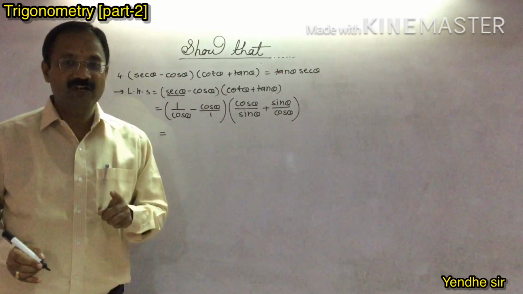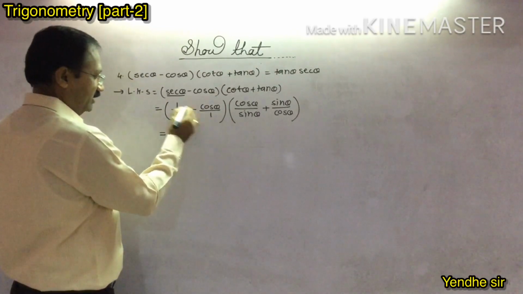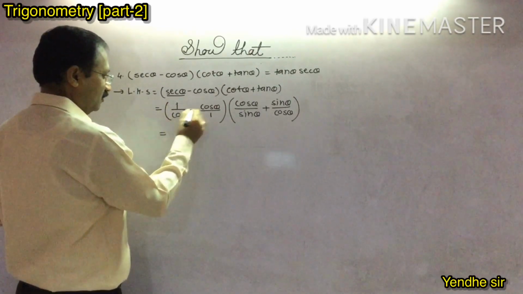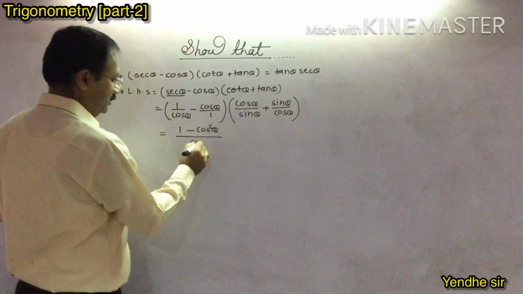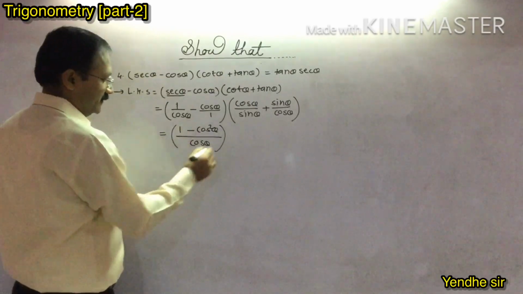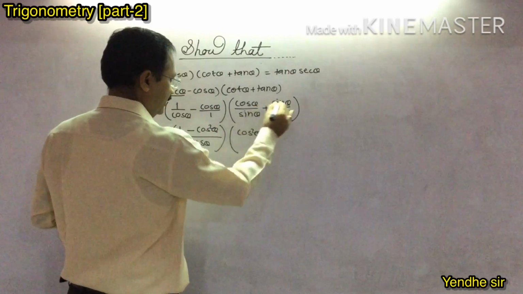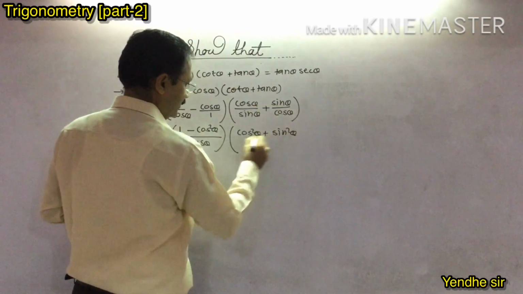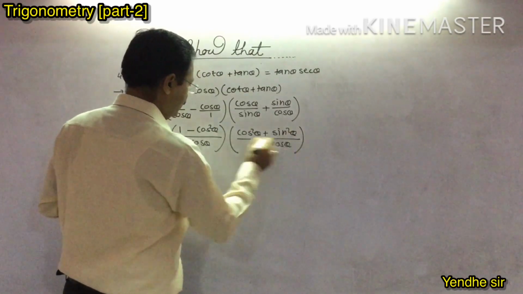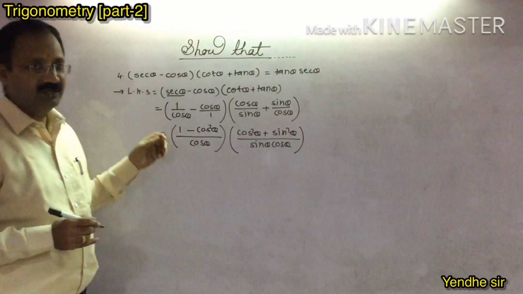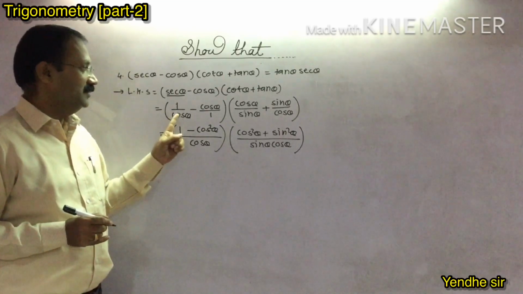Okay. Tell me rule number 3. Yes, if the denominator is not the same, then what do you have to do? Cross multiply. So its denominator is not the same. 1 into 1, 1, minus cos into cos, it will be cos square theta, upon cos into 1 is cos theta. Then cos into cos, cos square theta, sin into sin, sin square theta, upon sin theta cos theta. Okay, this is our rule number 3. I have written the formula.